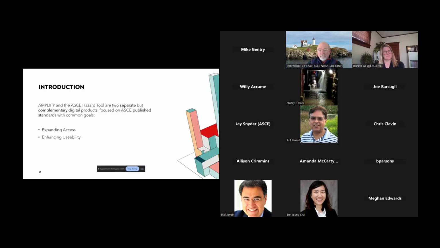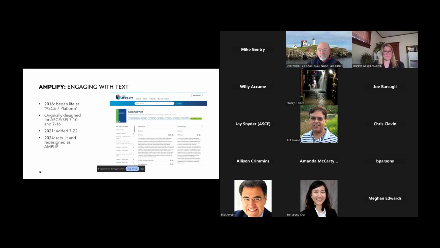They are both intended to expand access to and enhance the usability of ASCE published standards in providing access to both the text and to the data within that text. So I'm going to start with Amplify. Amplify has